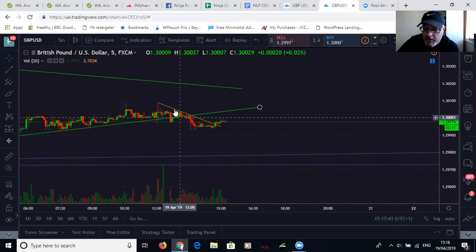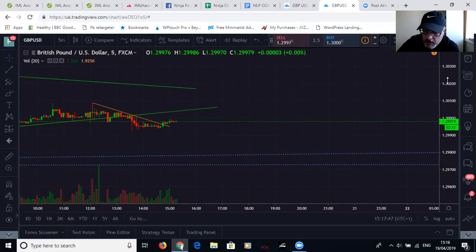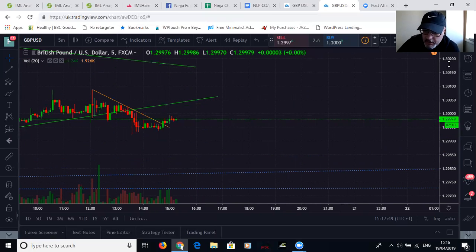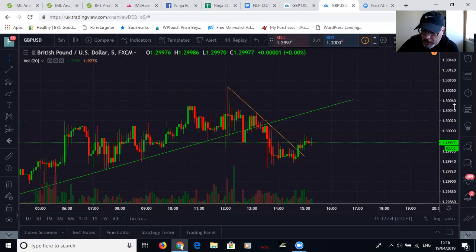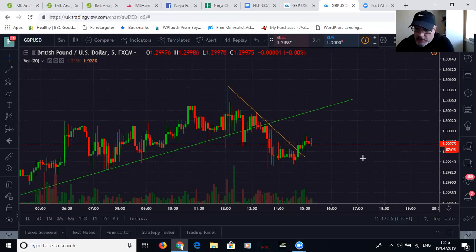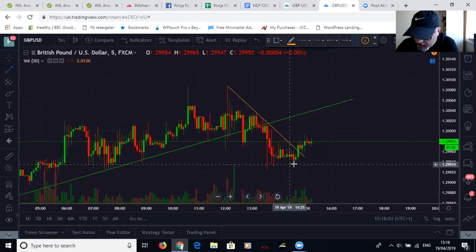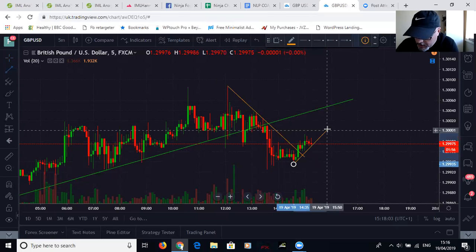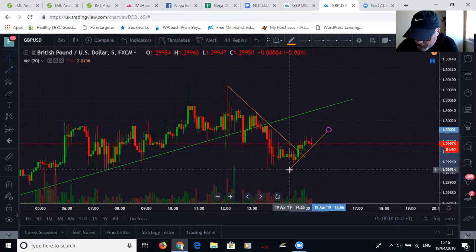covering the 5-minute period. So each of these candles represents 5 minutes. Let's move that up a bit, make that a bit bigger for you. There we go. So what we can do now, as we've got just the 5-minute time frame, is draw another trend line along there, like so. So you're getting a rough overall guide of where price is sort of going,